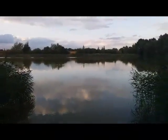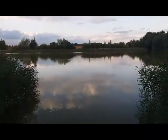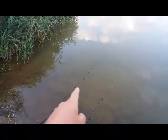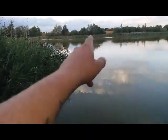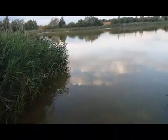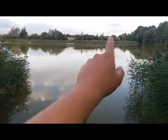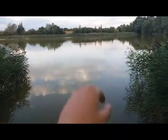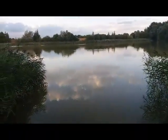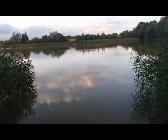Hello and welcome back. I thought I'd show where I am after that bring I had. So this CC Moore one, right over there, near about 5 rod lengths away from the reeds. And this boilie one, what I'm pointing at, it's right about 2 or 3 rod lengths away from the reeds there. That's where I've gone, because nearly 4 years ago,